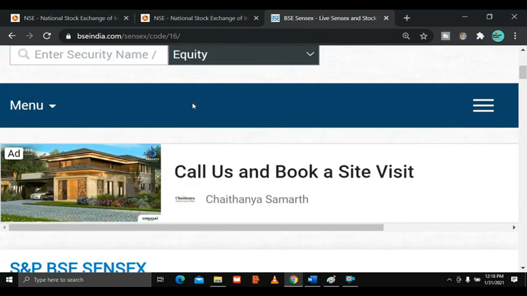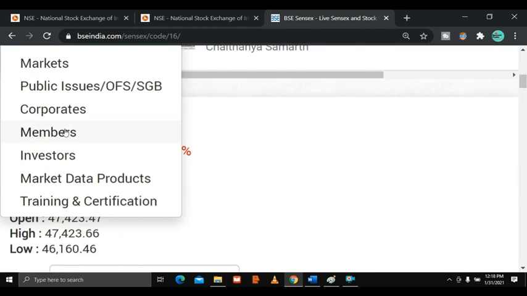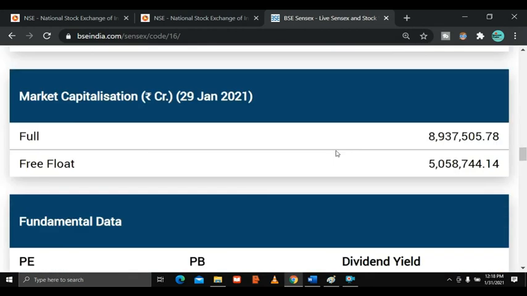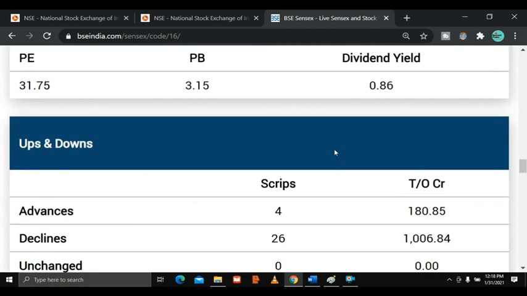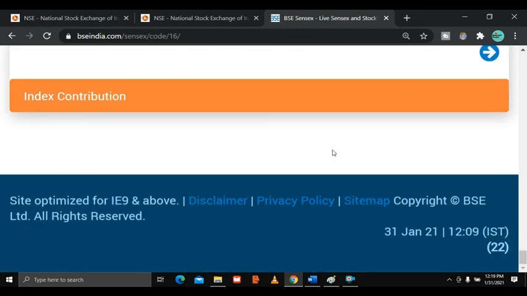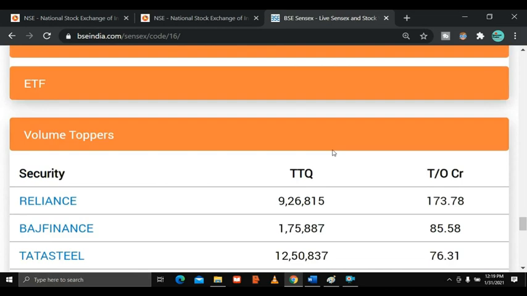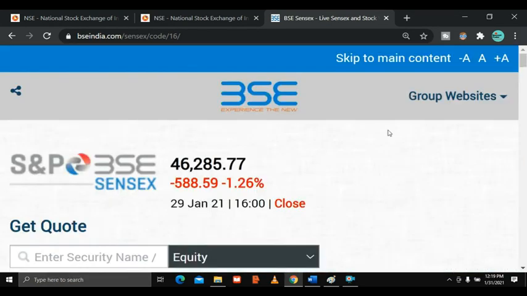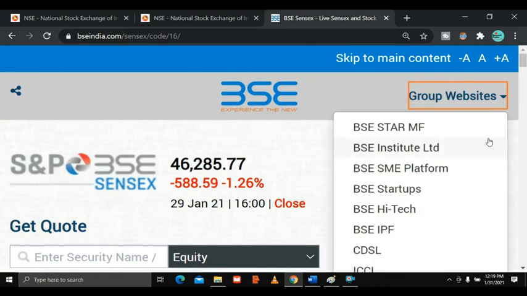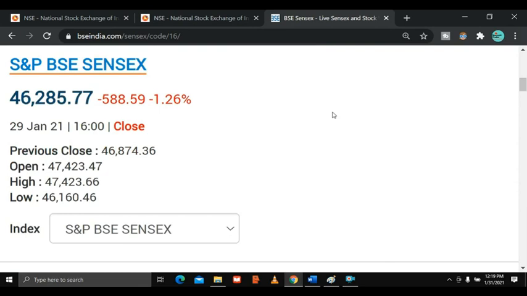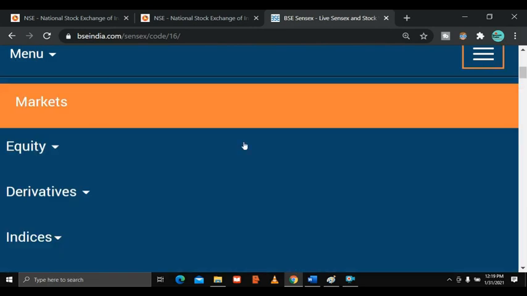Okay, so what are all those? Let's see what those indices are. If I go back here, for example, this website has changed actually. Websites keep changing. The old website was fine. Now let's see where we can access that information. I'm going to take you here. There should be something called indices watch, that's what I'm looking for. Whether I get it or not, I don't know, but I'm going to show you somehow.